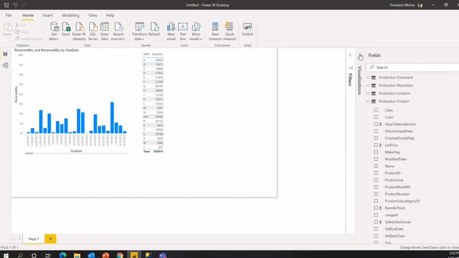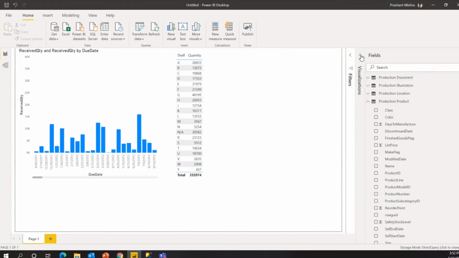Okay. So now you know what are fields, visualizations, filters, everything. But one thing I don't know if you guys observed here, that there used to be one edit button here for table button that is missing now. And that's because we have used a direct query mode. If you go with import mode, then only you will be able to see that table part. Okay, so that is a difference in the visualization.